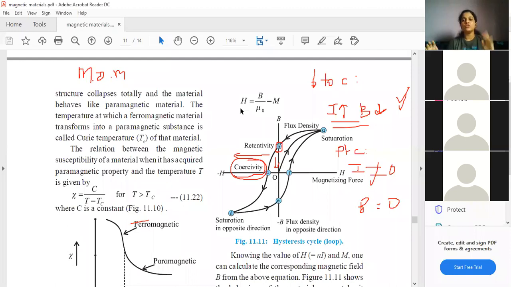Okay, fine. All right. So students, how is the flow? At the beginning, nothing was happening. We increase the current, capital B is increasing, and it reaches point A. Point A is the saturation point. After we have reached the saturation point, now I am decreasing the current. Decreasing current means decreasing H. So I decrease the current and bring it to 0, that is point B. But here, one thing to observe is that when current is 0, my capital B is not 0 because ferromagnetic material retains the flux density.